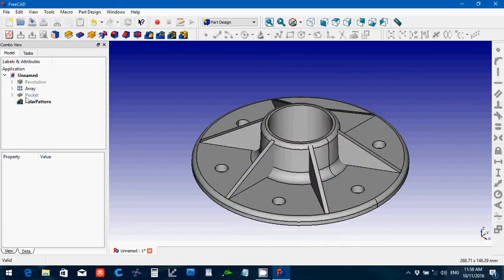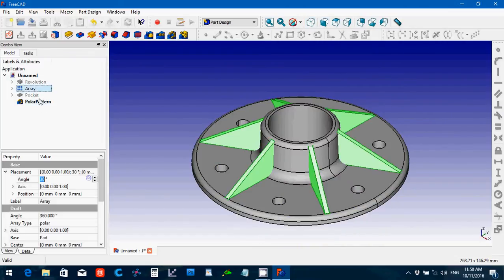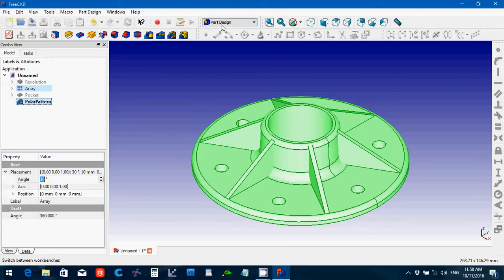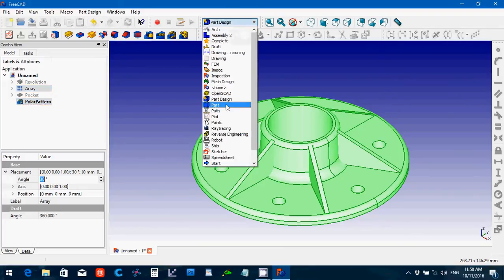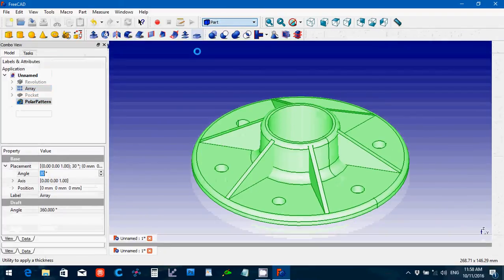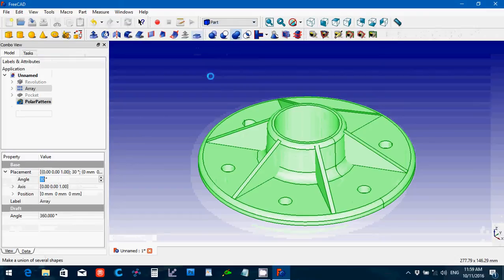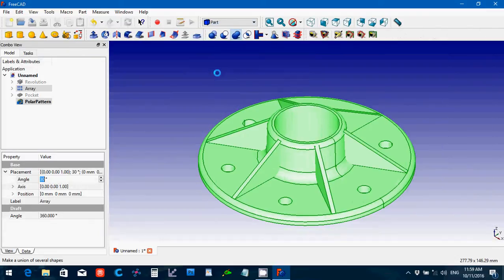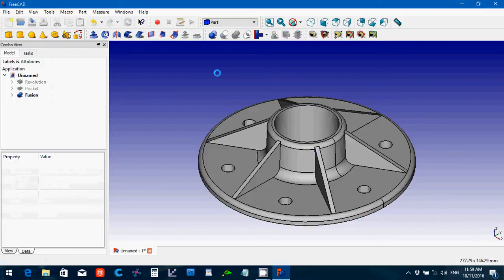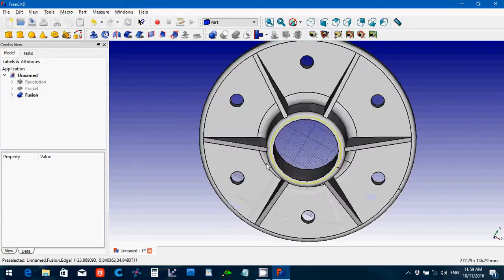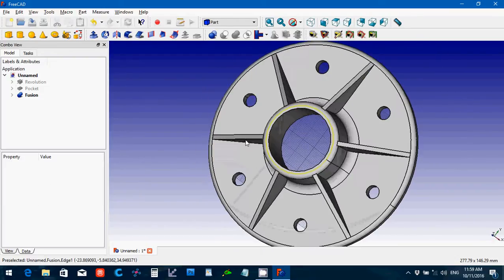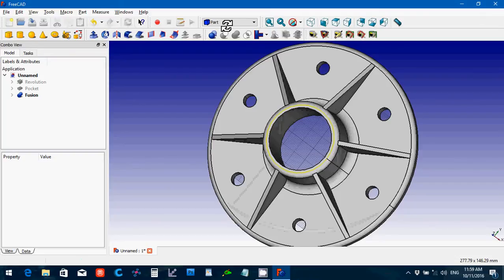And then we would take this and make it a fusion in part. And there's our flange. I'm going to go back to draft and get rid of the